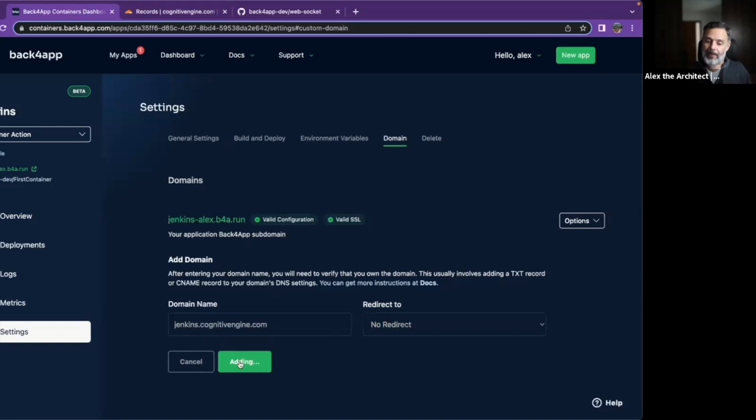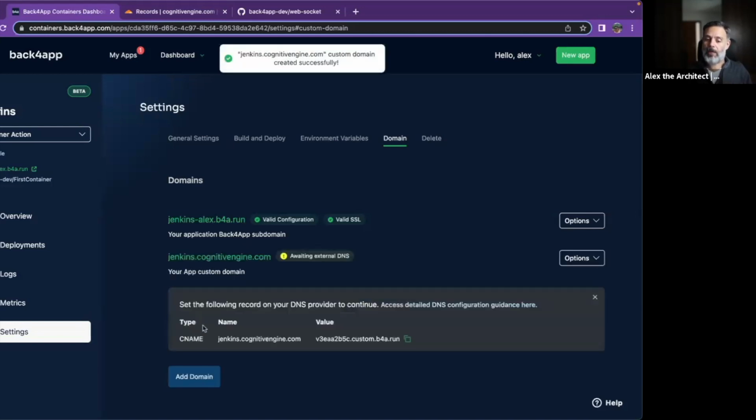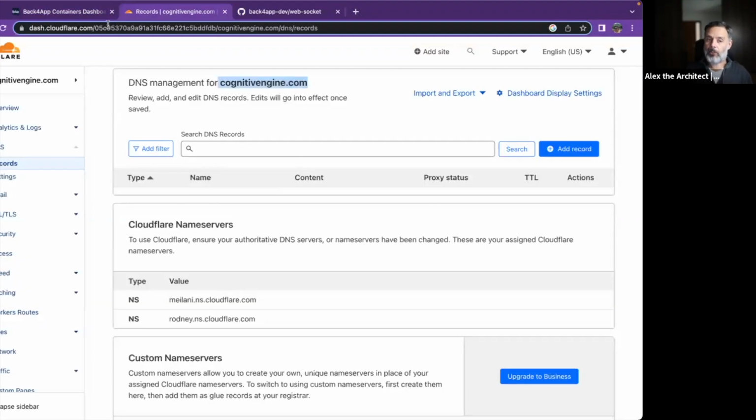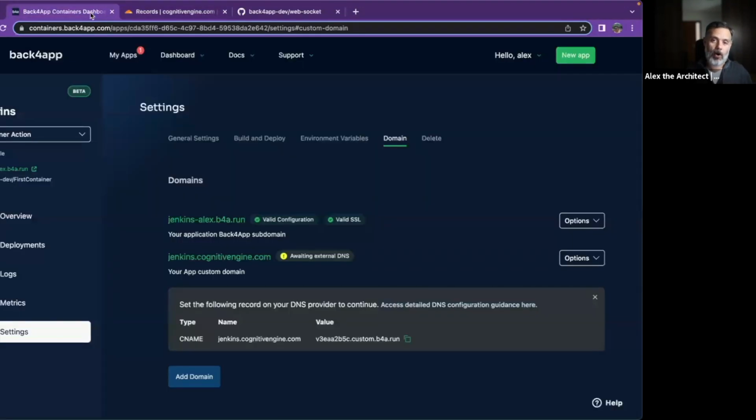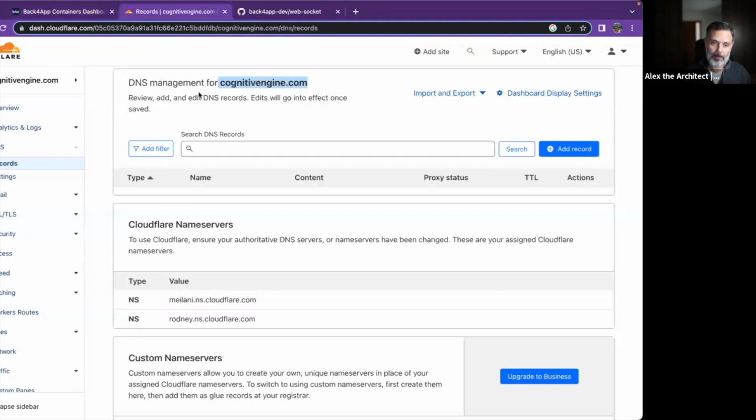When I click add, it will show the CNAME entry I have to enter in here in order to validate that I really own that domain. So it's telling me that I have to create a CNAME type for jenkins.cognitive-engine.com, and I have to paste in this value over here. So I'm going to copy it by clicking this icon here, and back to Cloudflare, we're going to add a new record,